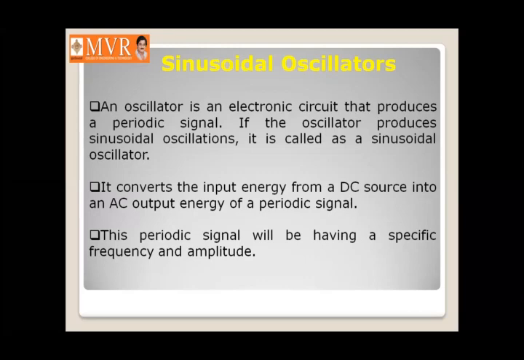So this oscillator can also be called as DC to AC converter. Why? Because here it is taking the direct current as input and it is producing output sinusoidal waveform. So we can say that oscillator is a circuit which is going to convert DC to AC,